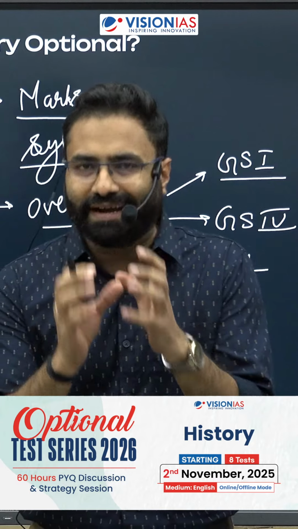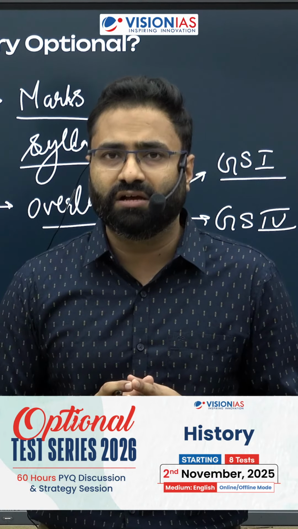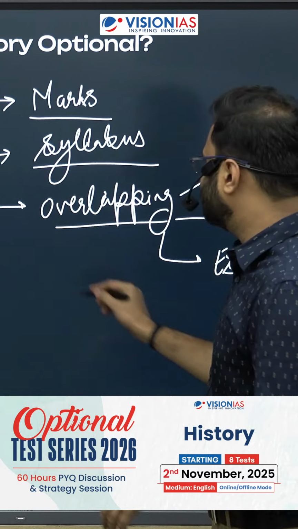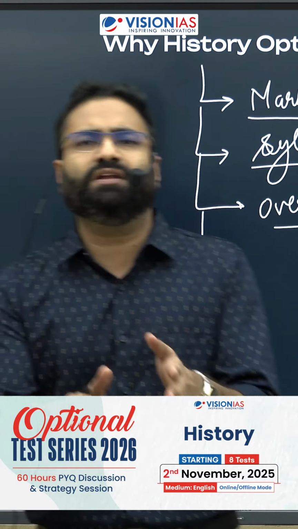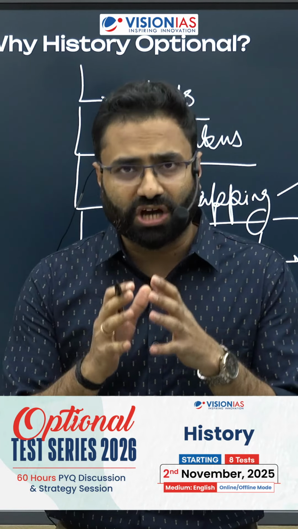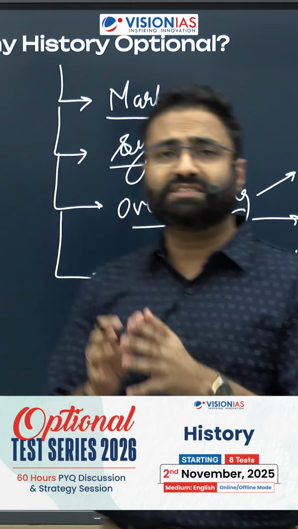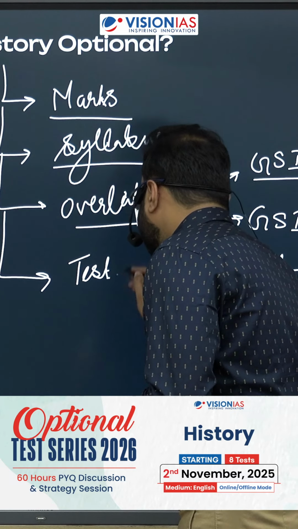There should be certain credible test series, there should be certain kind of value added program or the material. So in all these particular cases, history is one such optional regarding which the material is available and even the credible resources, including the Vision IAS resources, which are being provided to you as far as the history optional is concerned. So when it comes to the test series,